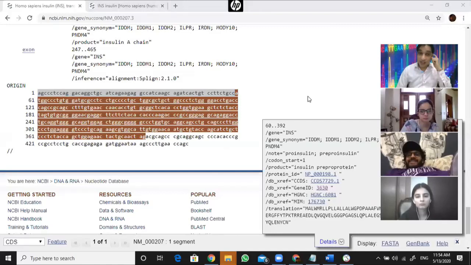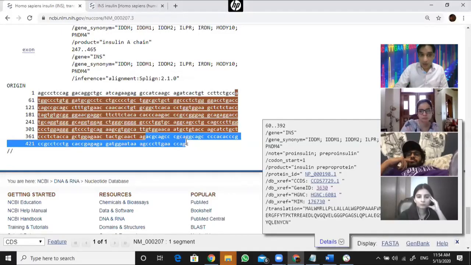It's the untranslated region of that gene. Remember, the promoter is present before, even before that. It's called the untranslated region or 5' UTR. Shabash. Whatever the sequence present after the stop codon, from here to here, that is the untranslated region present after